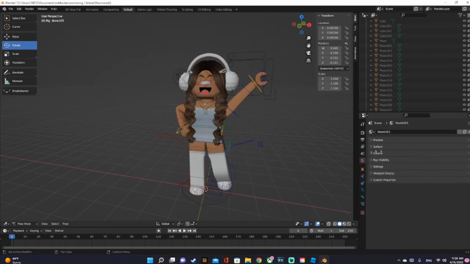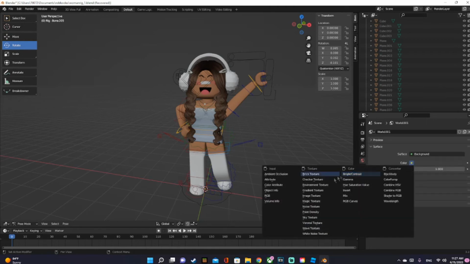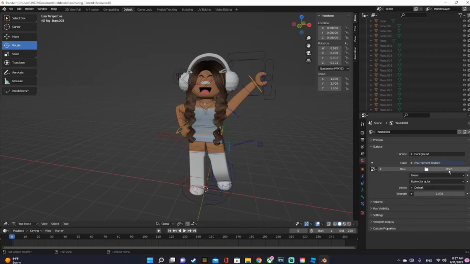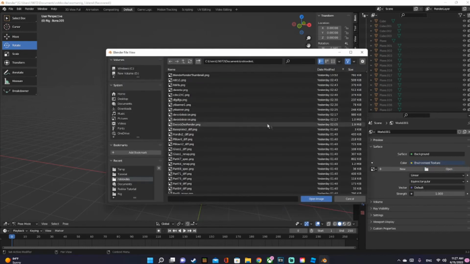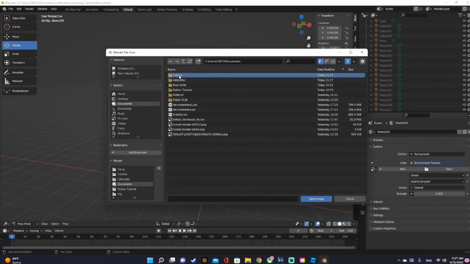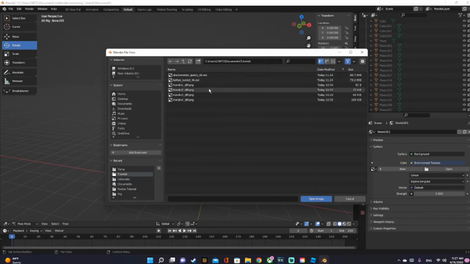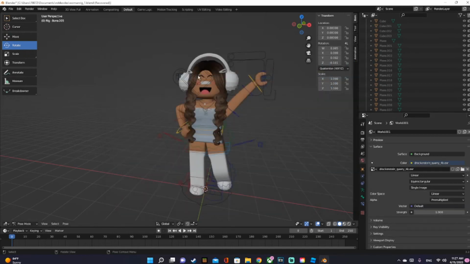So we're gonna go here to this world, go to surface, click the circle and color, and we're going to click environment texture. Press open, and I'll have the download links below to the website where I get my HDRI. I'm going to open this one,